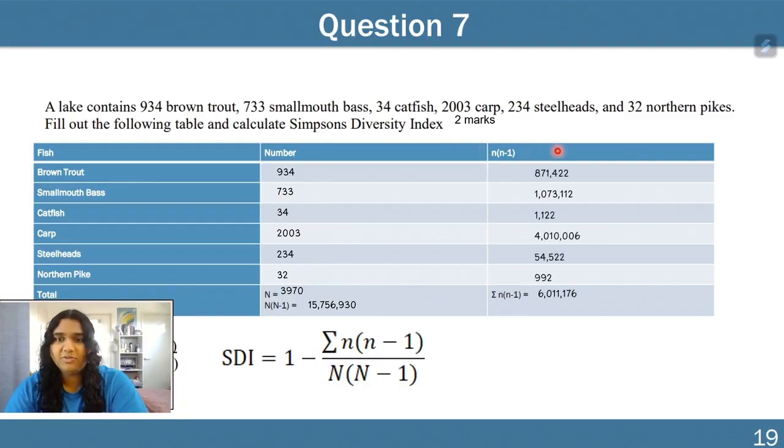Then moving forward with all of the n times n minus 1 numbers, I've got 87,142 for brown trout, 1,073,112 for smallmouth bass, 1,122 for catfish, 4,010,006 for the carp, 54,522 for the steelheads, 992 for the northern pike, and all of those numbers added together gives us a total of